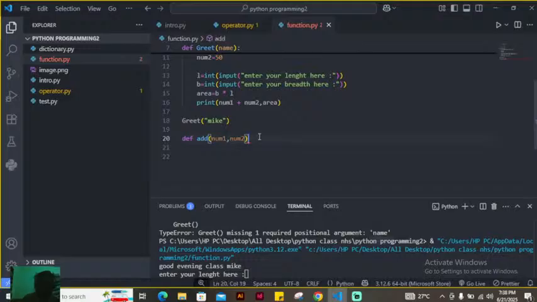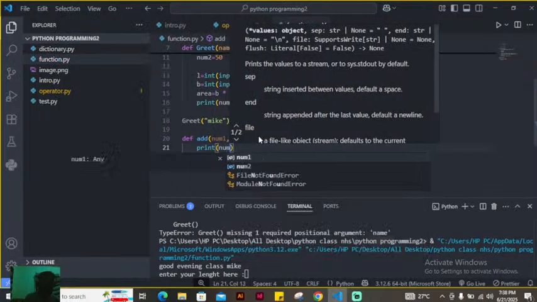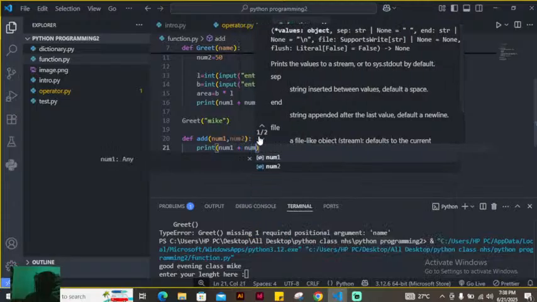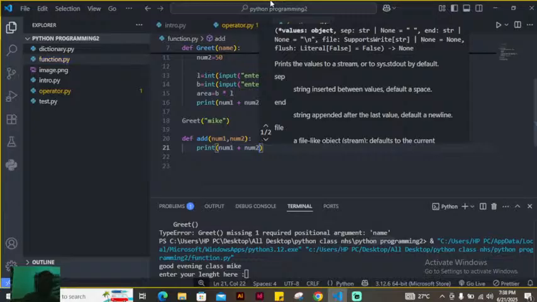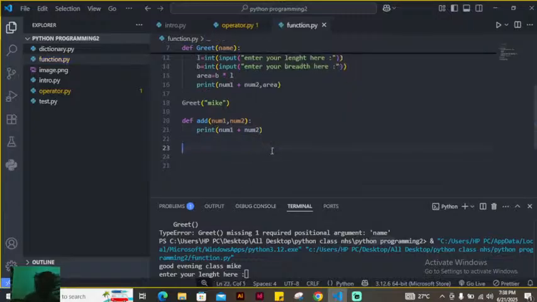So what I will do next is this. I can say print num1 plus num2. So if I call this function, which is going to be add, I need to feed in two numbers, which I can say